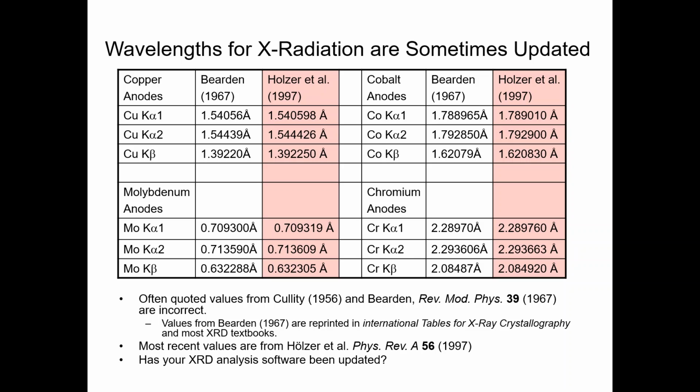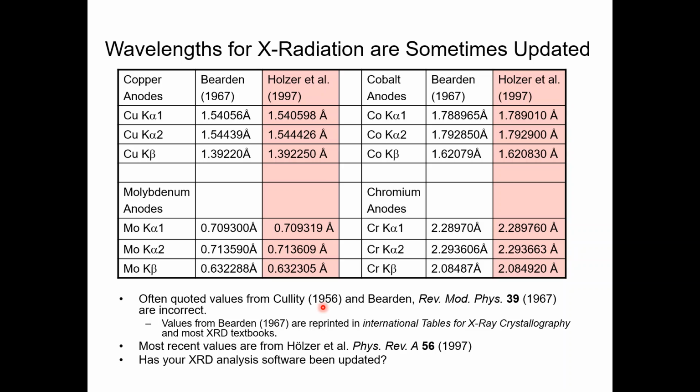Here you can see it in this table: we have the X-rays from different materials. People have utilized copper anodes, some utilize molybdenum anodes, and also chromium and cobalt anodes. They are often quoted from the Quality book,